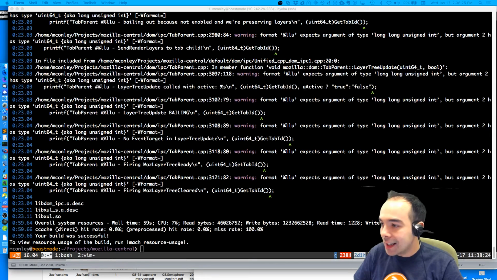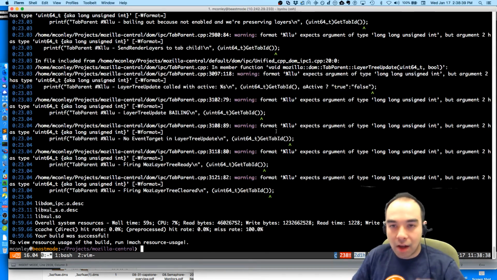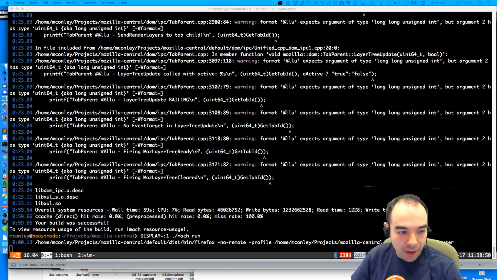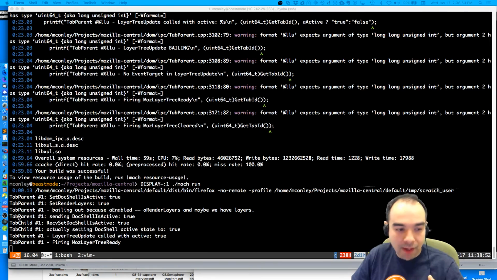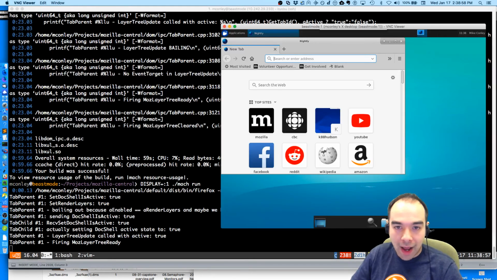Kyoto wants to know, can I get a TLDR of what you're doing with C++ and JavaScript? Oh man, we're trying to debug an issue where sometimes in certain situations you switch a tab in Firefox and then the content area doesn't paint. The stuff that you want to see doesn't actually paint, and we're debugging a race condition. That's kind of the TLDR there. And we might be onto something, we're not sure, but I'm going to be uploading the recording of this episode after the stream is done, and you can watch it if you want to know what happened.